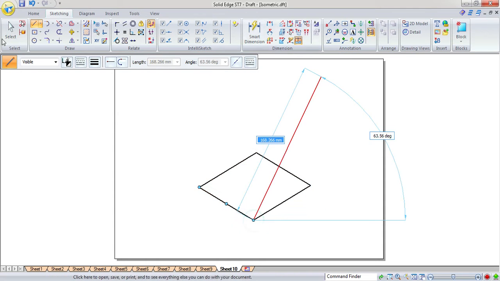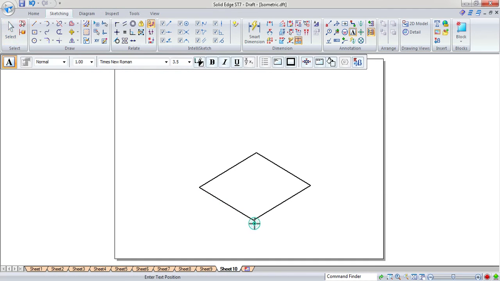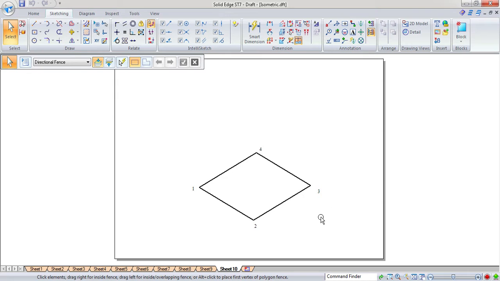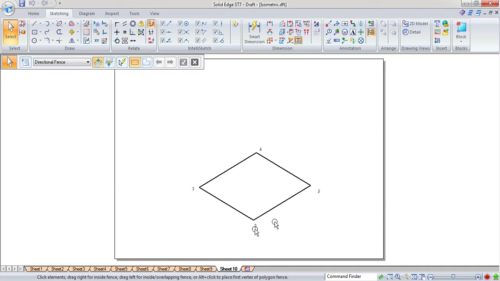Then connect with the remaining dimension, which is 69.25. Here I am giving the annotation as 2, 3, then 4, and this is 1. I am showing this D corner along the 2 to 3 line, so we construct this rhombus in this way. Because to show D along this 30 line, first I need to draw 2 to 3, then 3 to 4, 4 to 1, then 1 to 2.